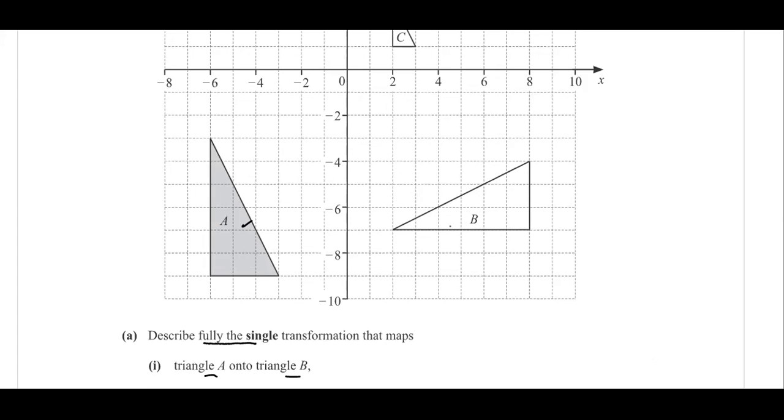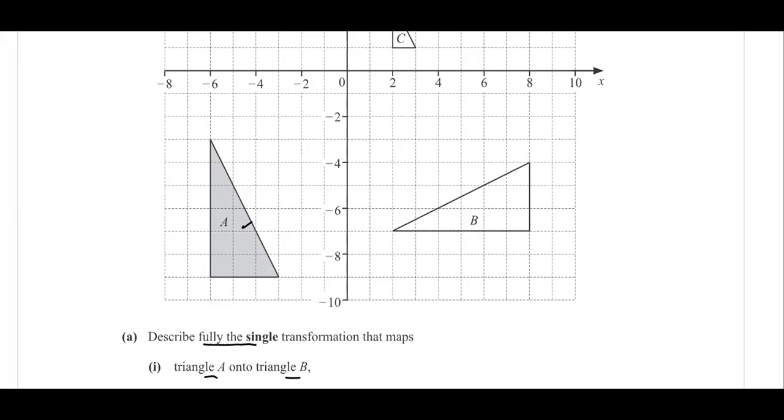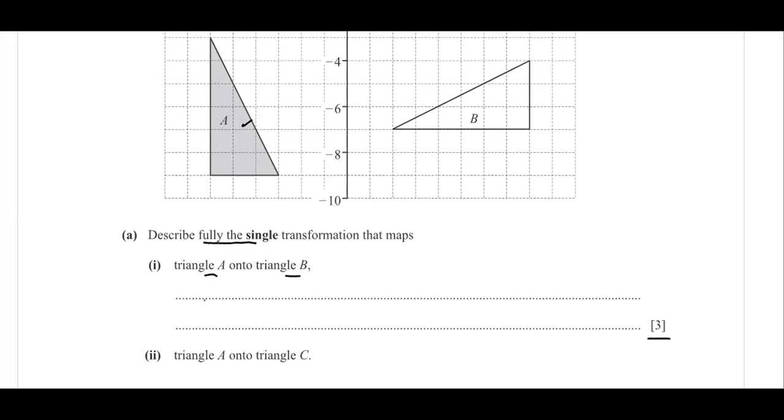It is not looking like an enlargement. Clearly, this is not an enlargement. But this one is a rotation. Why is this a rotation? Because in an enlargement, there is a clear change in the size. But in this case, you can't see any change in the size. So this is clearly a rotation. In rotation, what are the other 2 things? The center of rotation and the angle of rotation. So the first thing you will say is that it is a rotation.